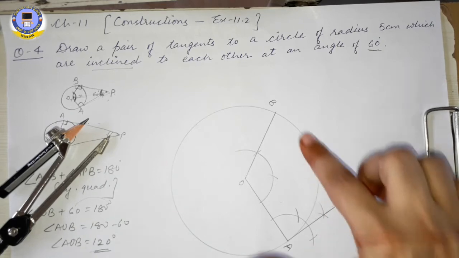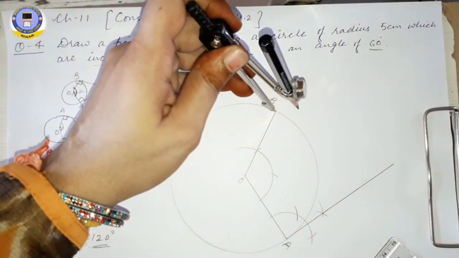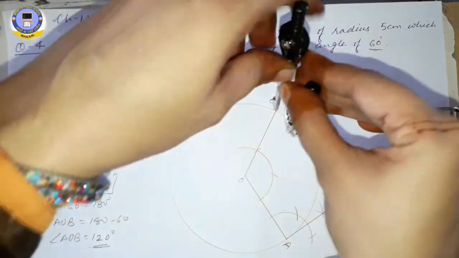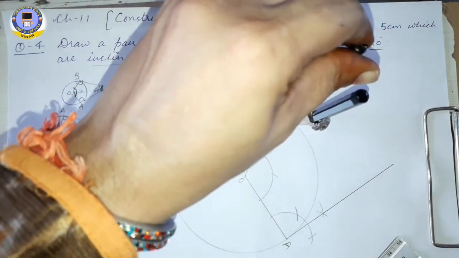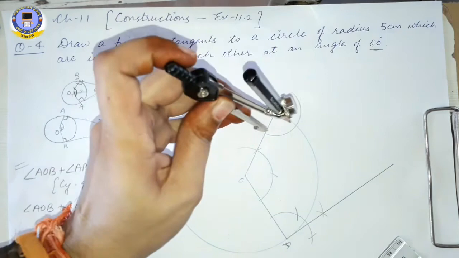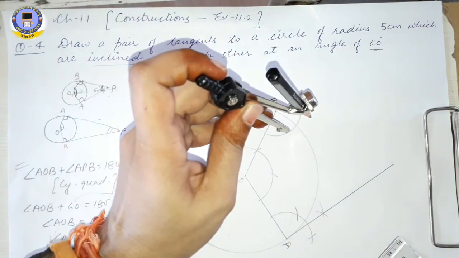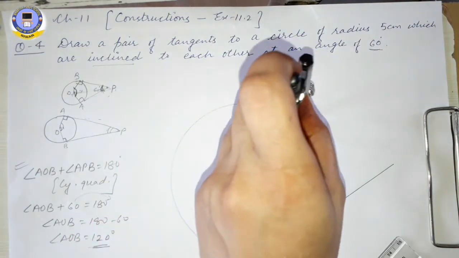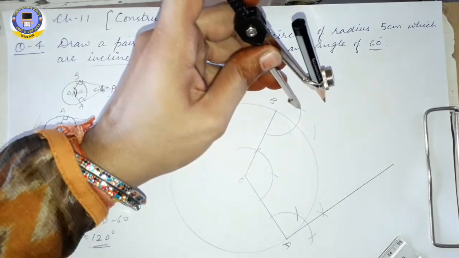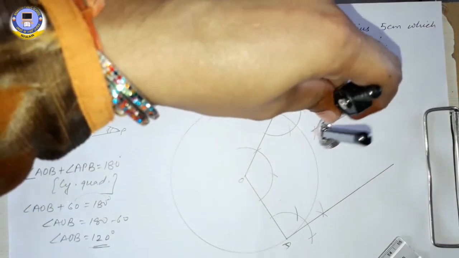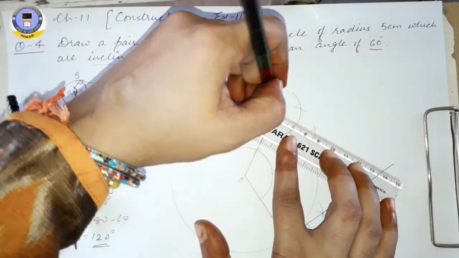Same process you have to follow at vertex B. At vertex B also we will make an angle of 90 degree. So at B, make an angle of 90 degrees. Cut an arc. First of all 60 degree, then 120 degree, and then we will bisect this gap. 60 and second arc. Now join it with B.